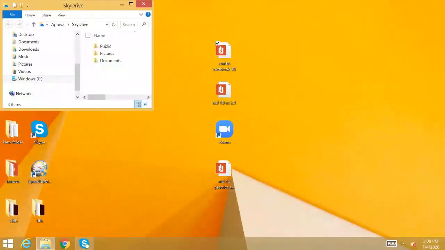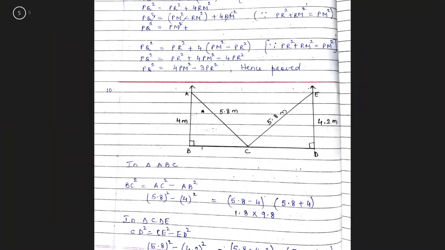So the figure, we will draw it like this. See, AB and ED are the two buildings. The width between these two buildings is BD. Okay. AC is the ladder. The length of this ladder is 5.8 meters. And when I'm tilting it towards one building, which is the window of that building, which is at a height of 4 meters. So AB is 4 meters, AC is 5.8 meters.